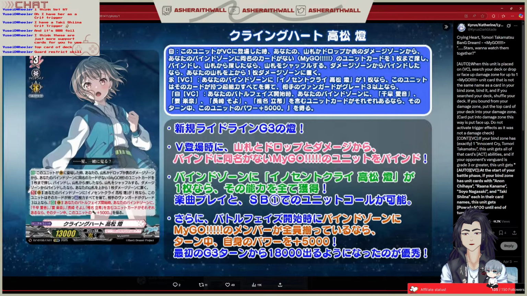See, now this is what the other card should have said. Put the top card of your deck into the damage zone. Card put into damage zone this way is put face up. Do not activate trigger effects. It was not a drive check. Yep. Or damage check. Continue. If your bind zone has exactly one innocent... Probably forgot to type it out. Okay, that's fair. If your bind zone has exactly one innocent cry, Tomori Takamatsu, this unit gets all that card's...